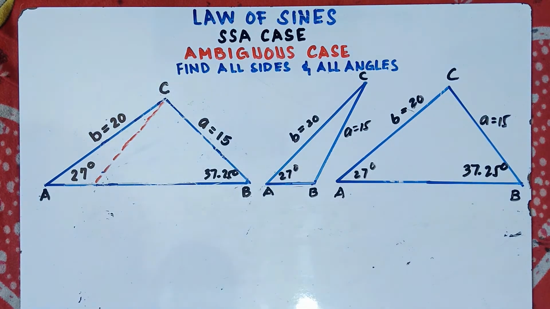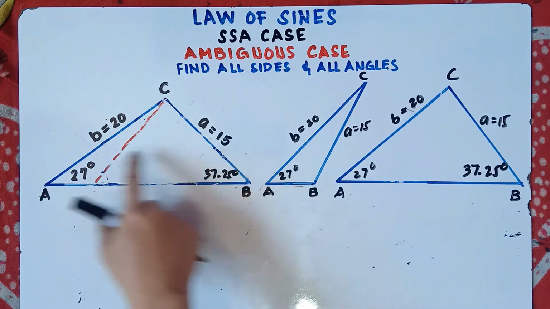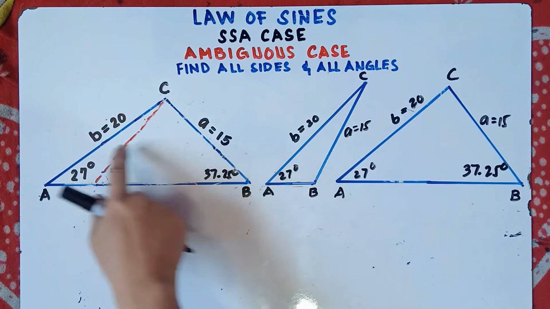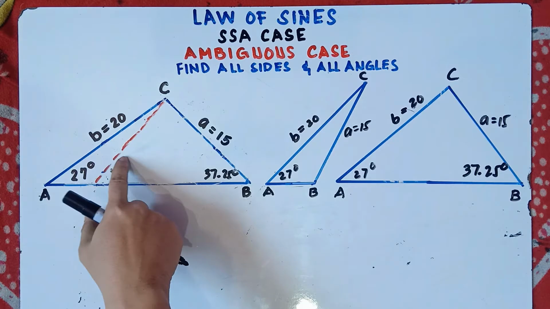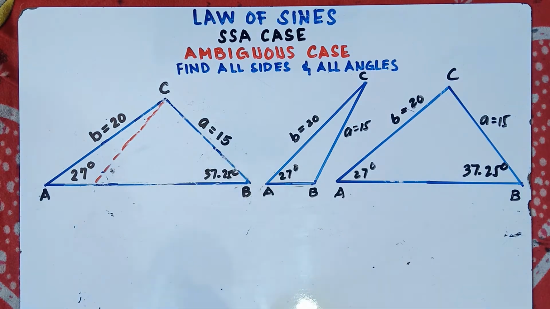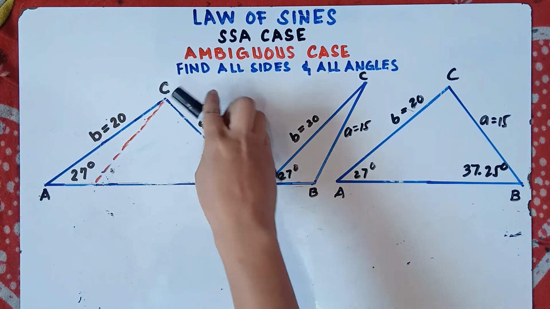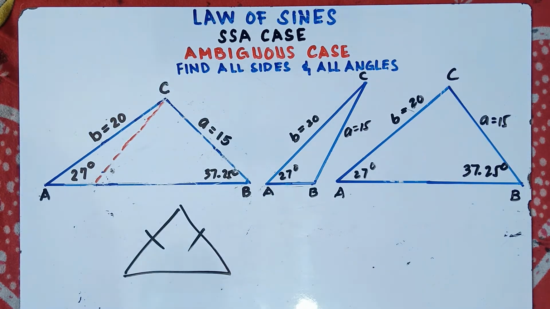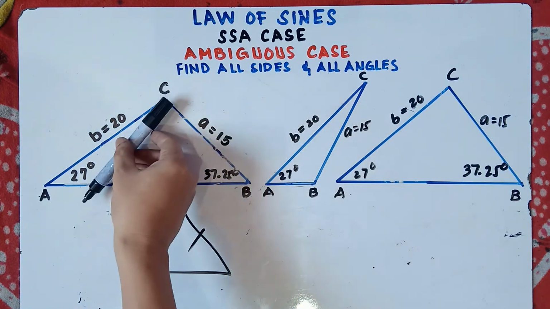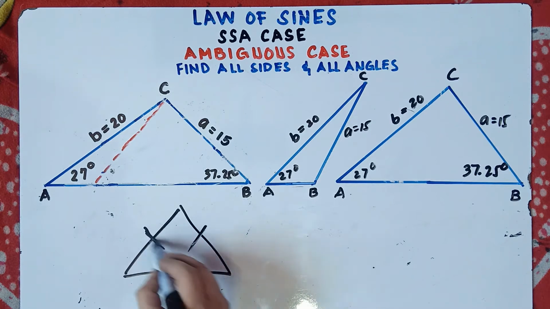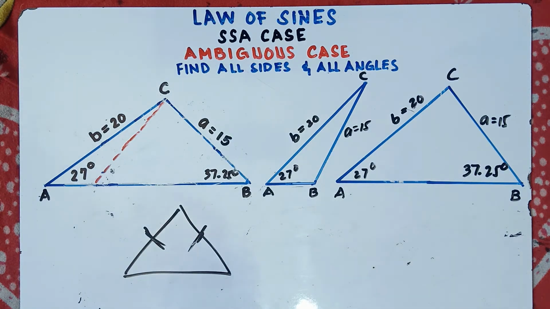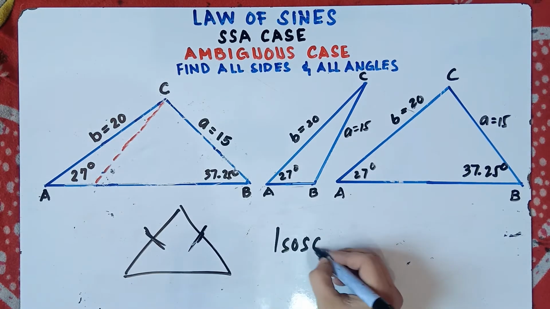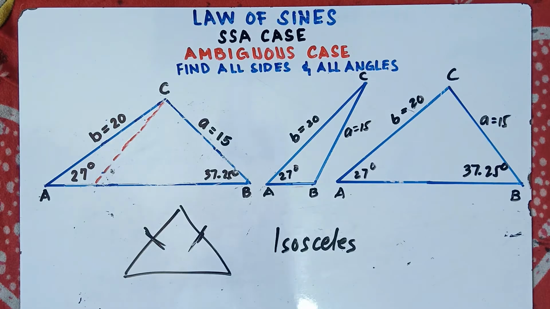Now we already know, class, that this is an isosceles triangle, right? They have the same measure. I hope you understand that one, class. This side is congruent to this side because we rotate this one. If we have 2 sides that are equal, we call this an isosceles triangle. In an isosceles triangle, the 2 base angles are congruent.